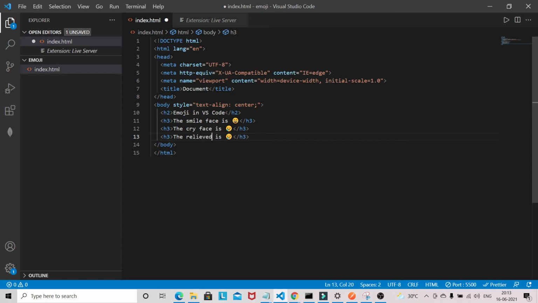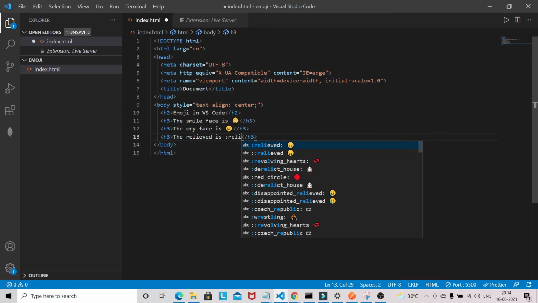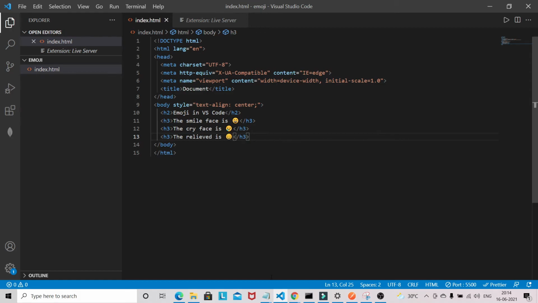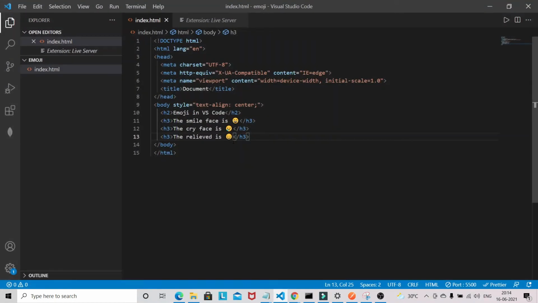So you can type relief here, so you will get relief emoji. So likewise you can add emoji whatever your requirement. As per requirement you can add your emoji in the VS Code.